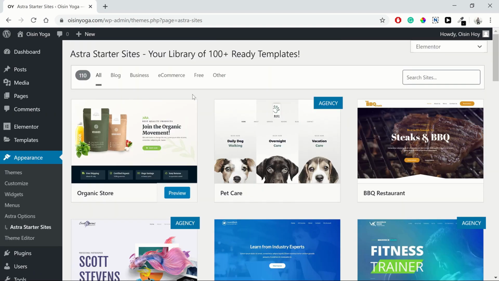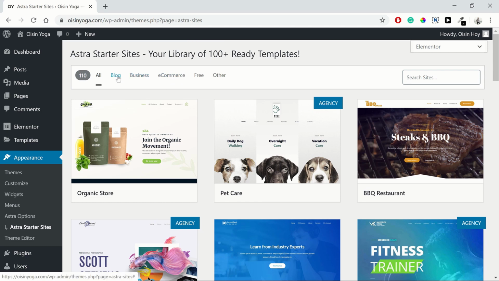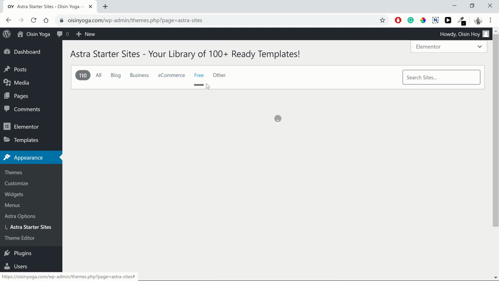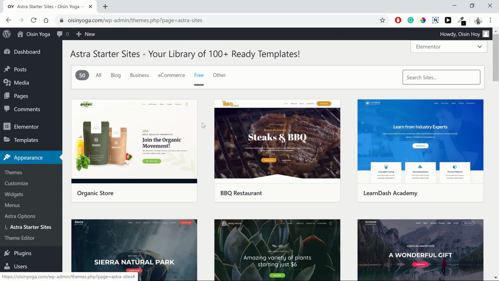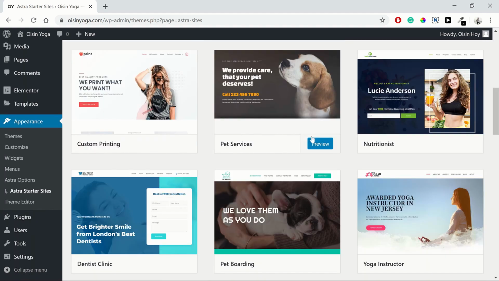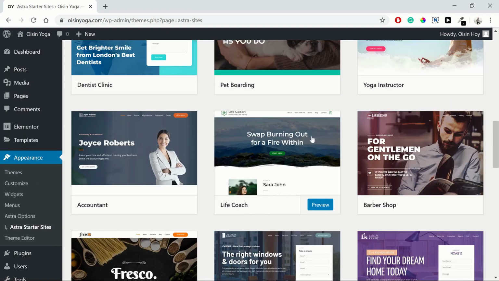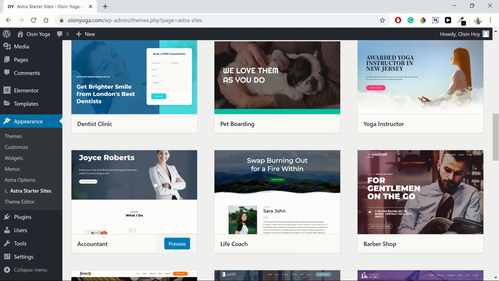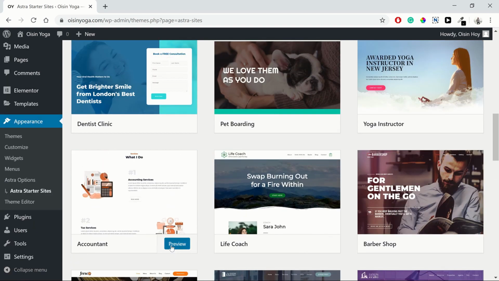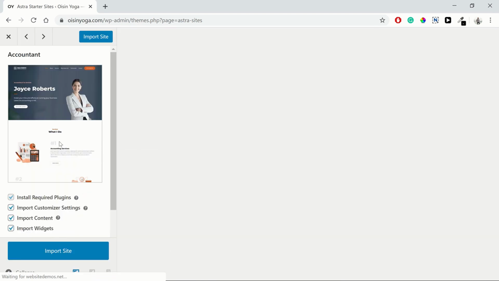and you can even filter them to be the blog ones, or if you want to filter by the free ones, you just go up to the free, and you can see you can have all of these and you can import them with a few clicks. So if we just take a look at one of them here, let's see this accountant one. So as you can see, you can preview what each of them look like,